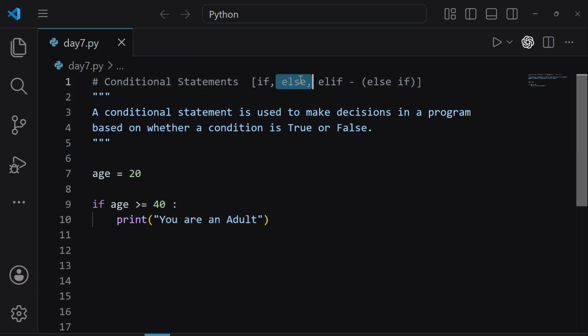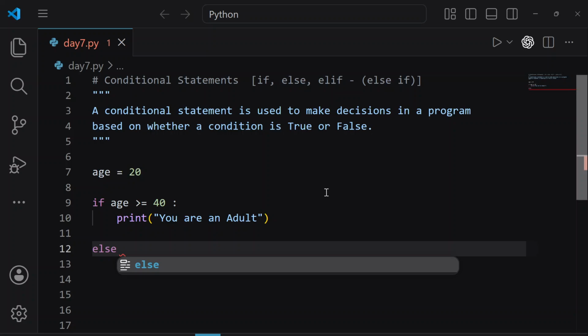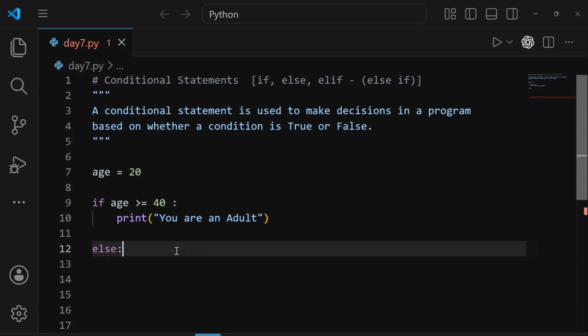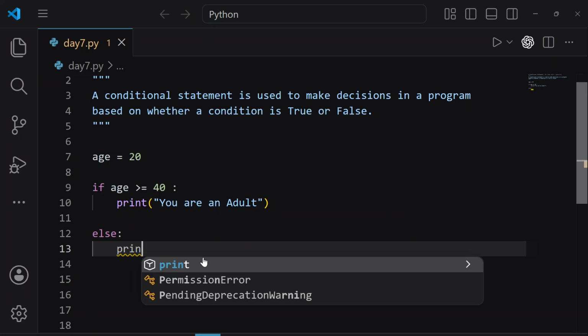and that is where we use this else keyword. So here we have written our first program, and we have used the keyword if. Now this condition is false, which means in this case we will create an else statement. So here we have used the keyword else. Now we will add a colon. What is the meaning of colon? When we press enter, we will see an indentation, and whatever code we write here will come under the else statement. Okay, so let's write print